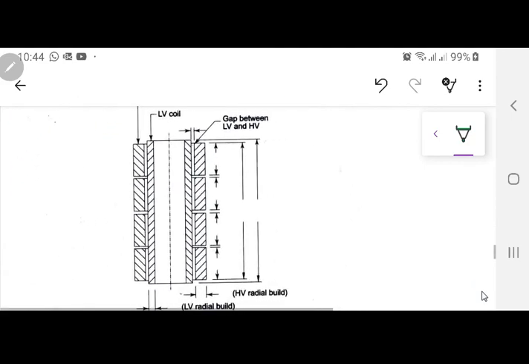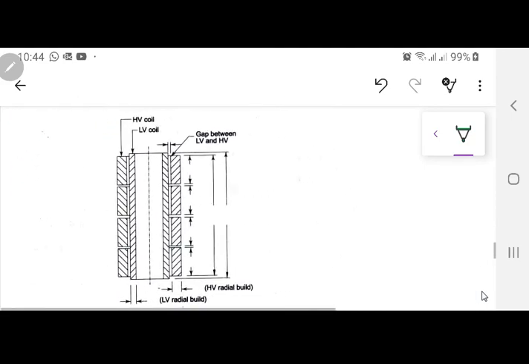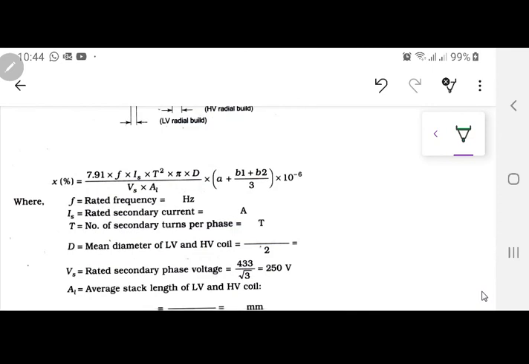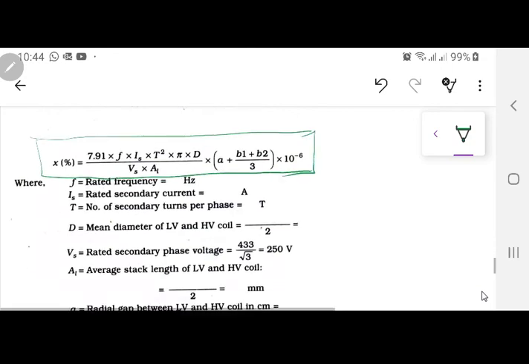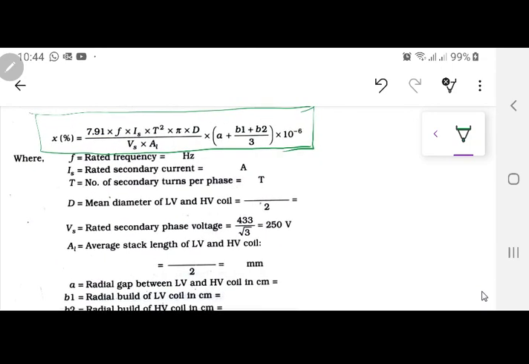Okay, one last thing was left, we don't have much time. Just put in the values in this one, and next time we will discuss it. This is the percentage X formula. I'm not going to put in the values, just do it yourself. Put in all these values. This is the same formula I told you in the last class also. We will prove this formula maybe in the next week, not this week, because I want to complete the whole transformer design, and then we will come back to the proof of this formula.